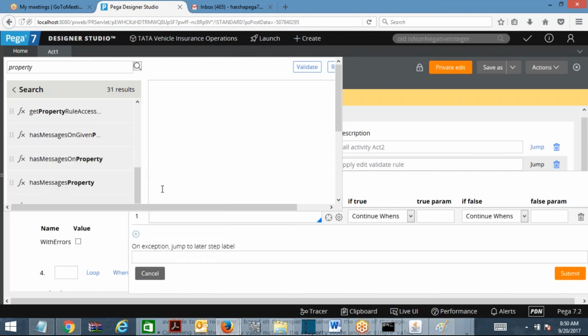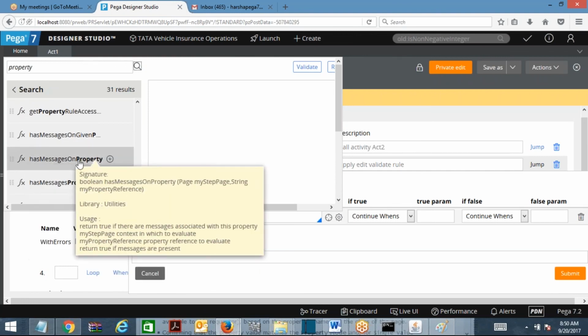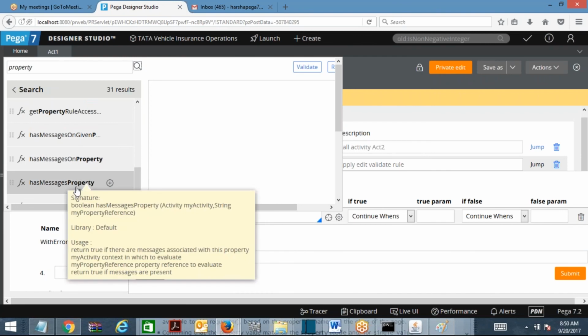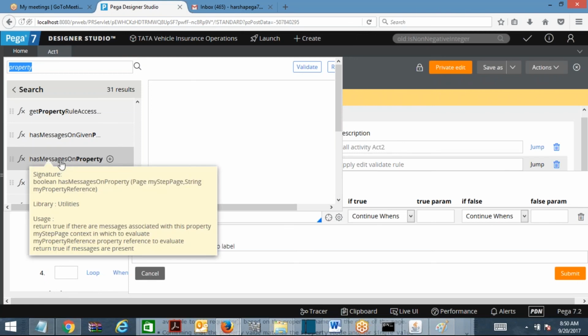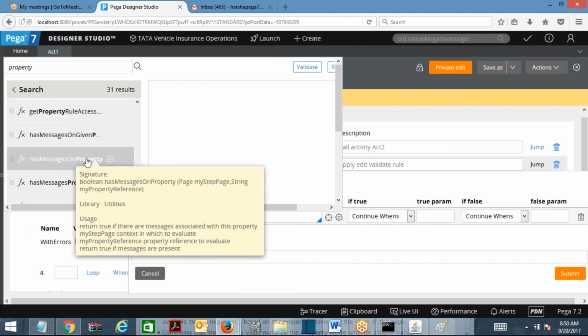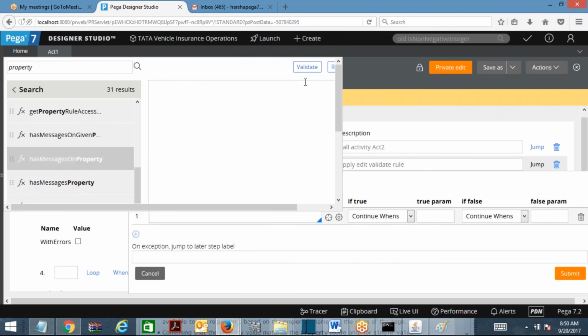Has messages on property, or has messages property, you can use this. Has messages on property means there is an error message available on the property. You can take this and proceed forward appropriately.